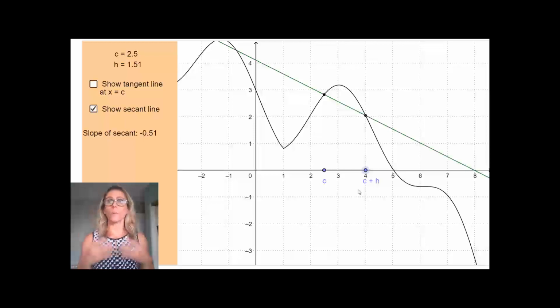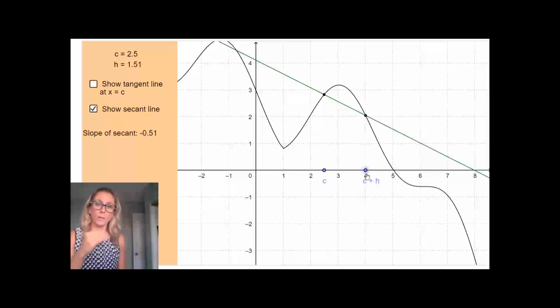So that is the slope of this secant line. So that is the slope of this line. We know that that is what the m is. It is a slope, in this case, slope of a secant line. But when we take the limit, that's the big deal. When we take the limit, we're looking at what happens as h goes to 0. And what that means is we're looking at what happens as c plus h in this graph, or x plus h in our definition, as h goes to 0, it's talking about the one point getting closer to the other point.